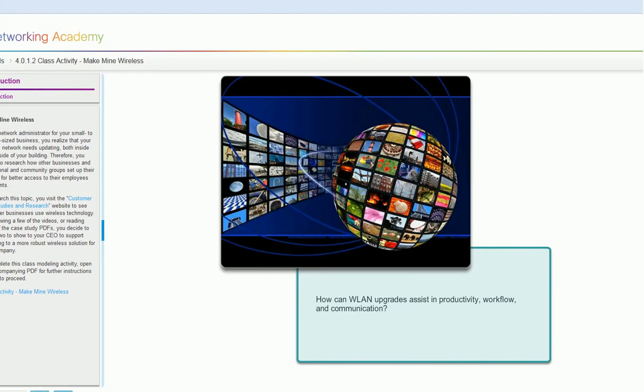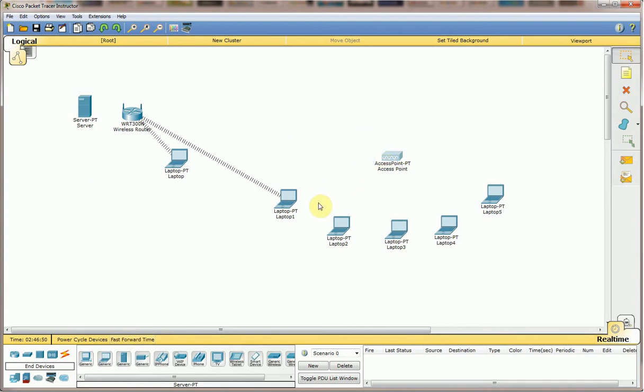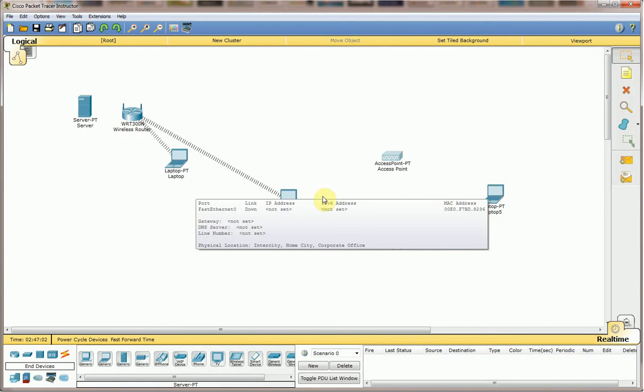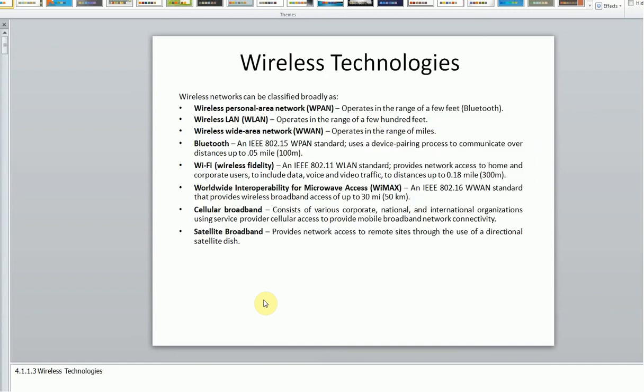So let's first talk about how wireless LAN works. Before that, let me tell you the benefit of wireless devices. Wireless LAN is flexible, right? For example, this particular laptop can be connected to this wireless device if I configure it, or to this other wireless device. So it's flexible. It depends on the topology and on how I configure it. So flexibility, productivity, and we can reduce the cost. These are the benefits of wireless devices.